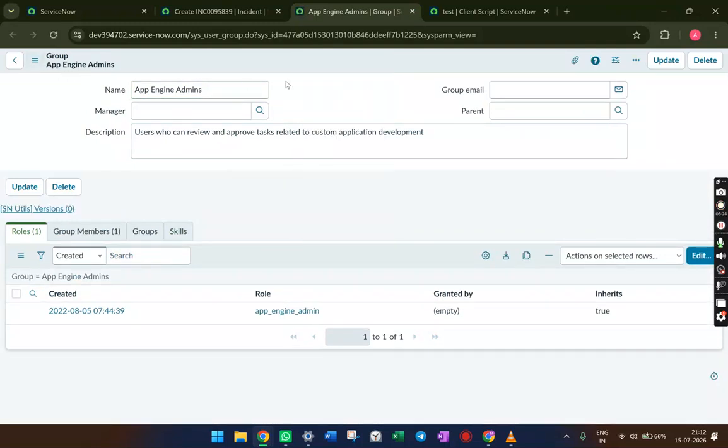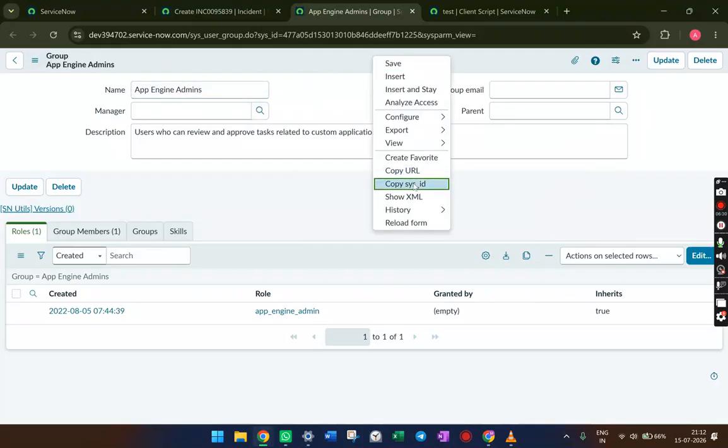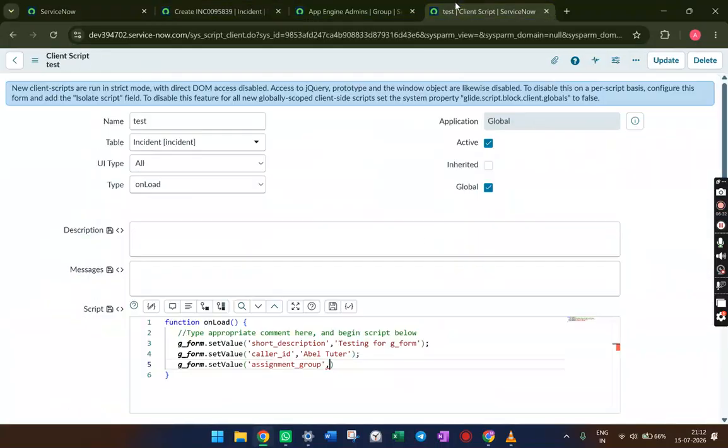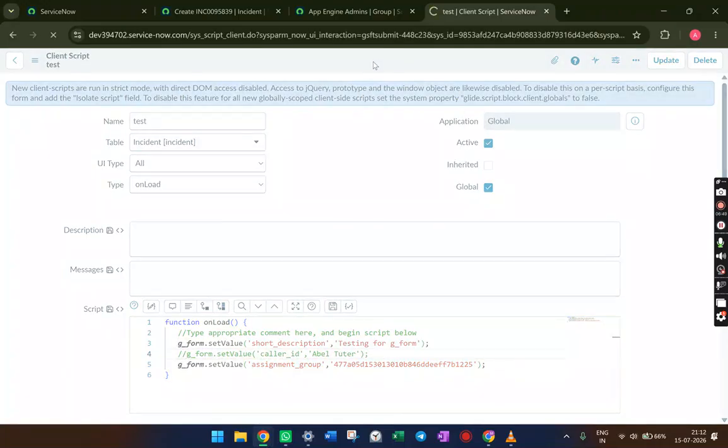So this is the group name. We have to copy the sys ID of this group. You just click on the context menu and copy sys ID, then go to your code and, in double inverted commas, give the sys ID. By giving the sys ID, you will be able to set the group name to the assignment group when we load the form. Suppose I save this,